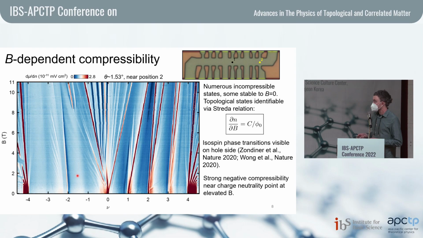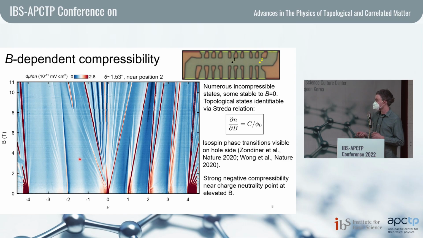Okay, and finally, I just want to mention that this quantity dμ/dn, if you take a single-particle calculation, is always positive because you just have a Fermi sea filling, and so there's no way to reduce the energy if you add particles. But already at the simplest level of Hartree-Fock, it's possible to get negative compressibility in low-density systems if the interactions